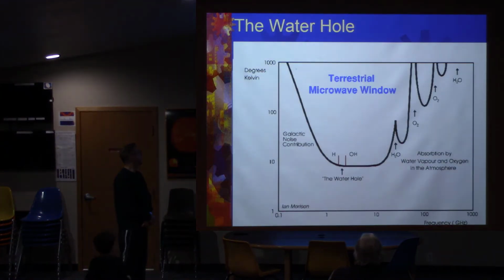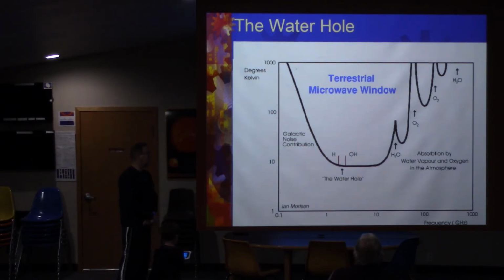In Puerto Rico. The water hole is a relatively quiet zone in radio frequencies where natural processes out in